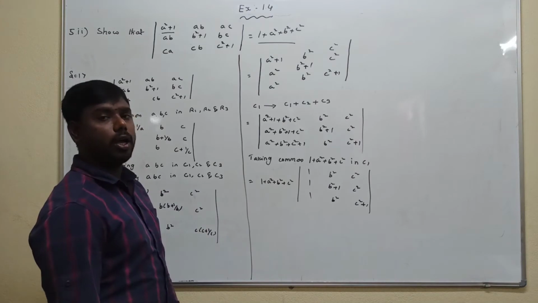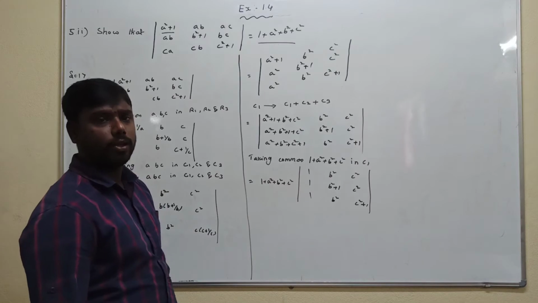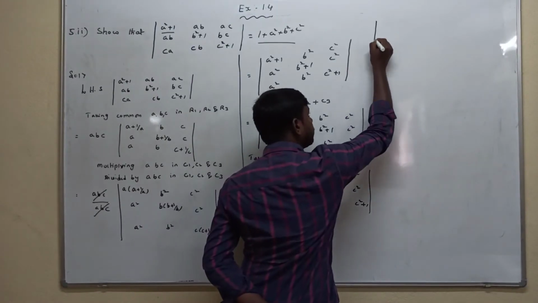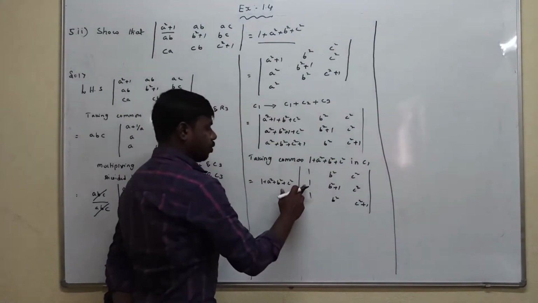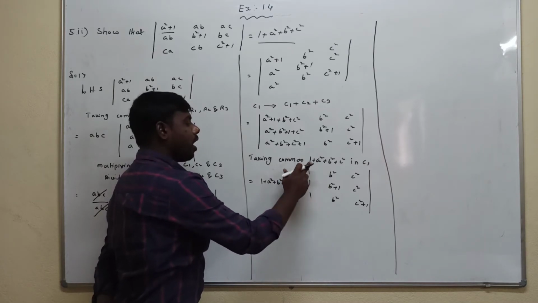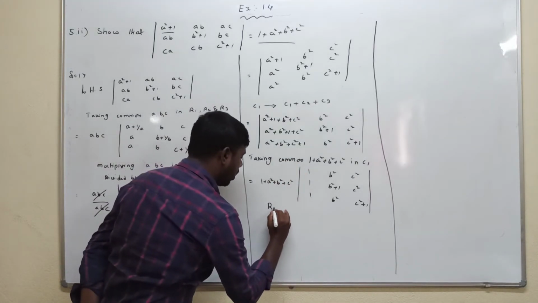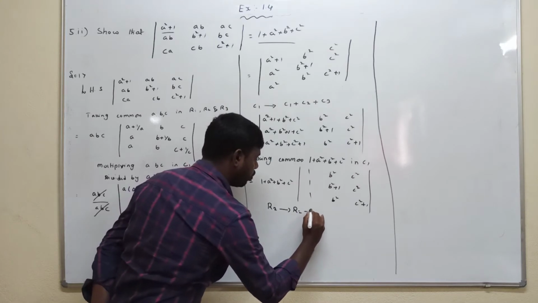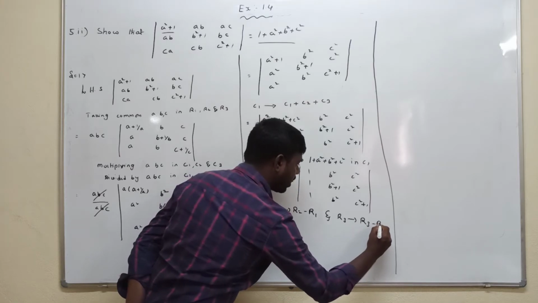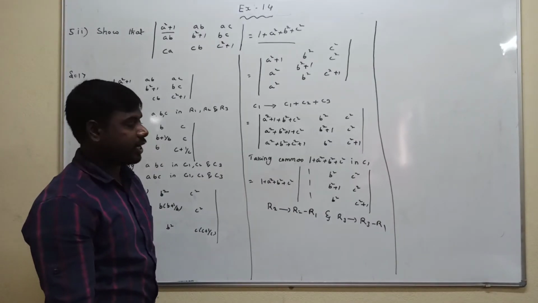Now we should apply the determinant condition, or else since all the elements in the first column are 1, we should apply the row operation and we get the easy answer. Or else we can apply the determinant condition. First, to make this one 0 and this one 0, which condition am I applying? R2 changes to R2 minus R1, and R3 changes to R3 minus R1. You should apply that operation, or else directly apply the determinant condition, and we also get the answer.